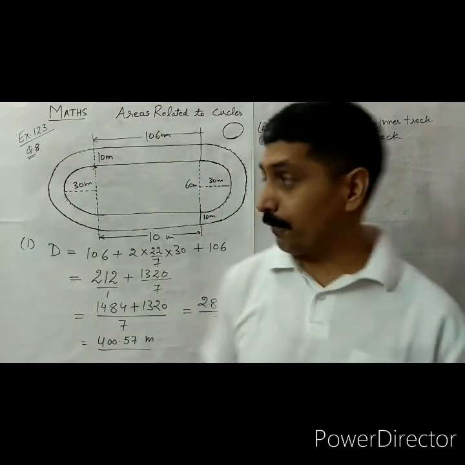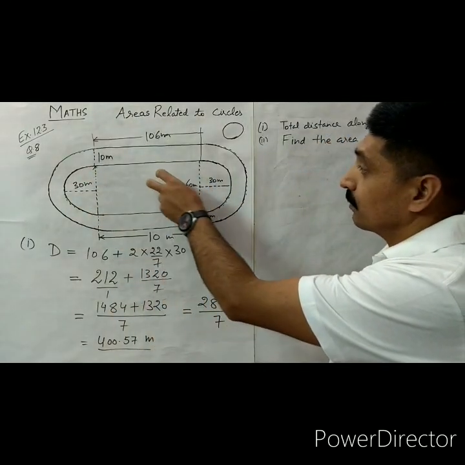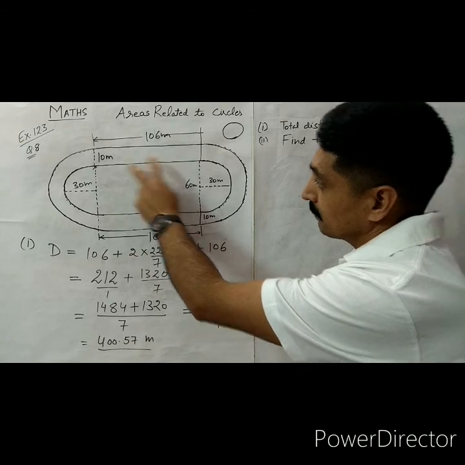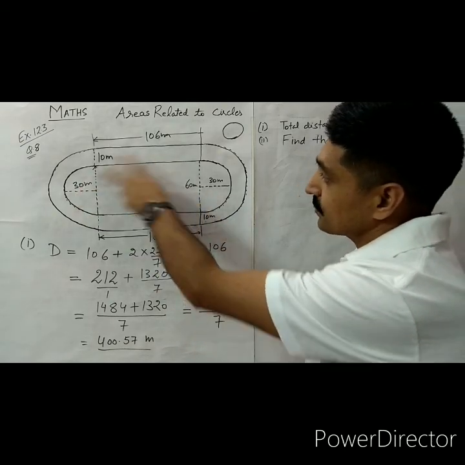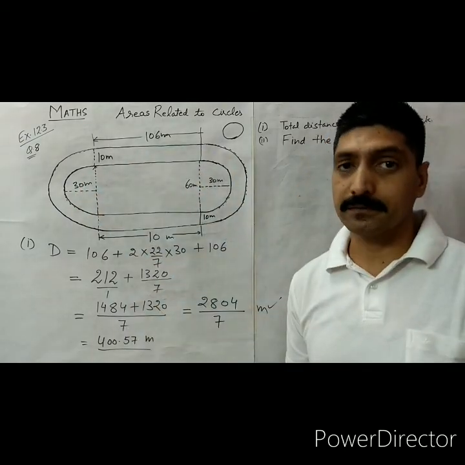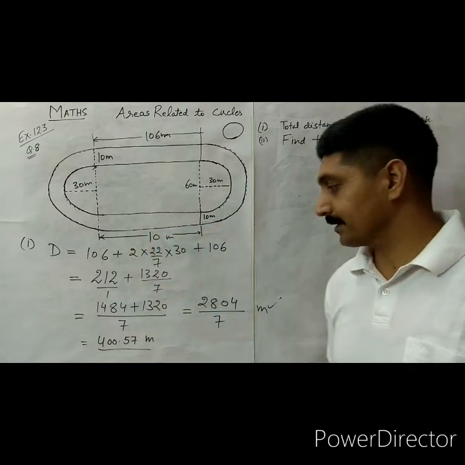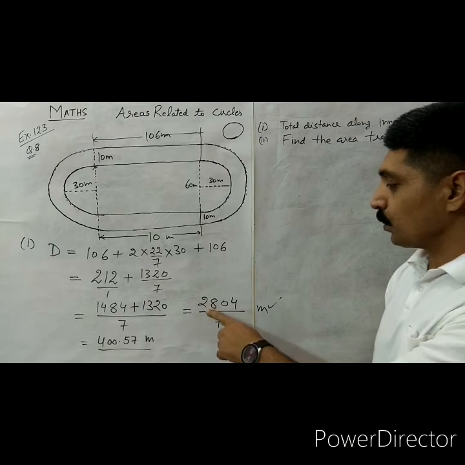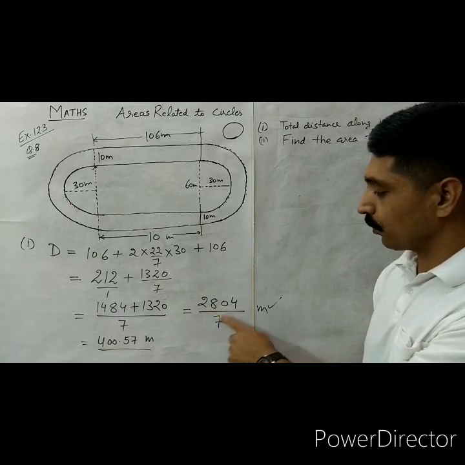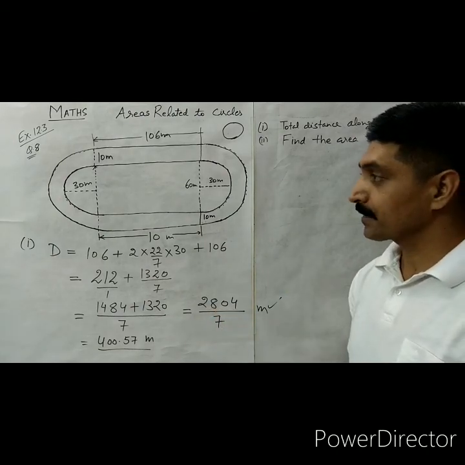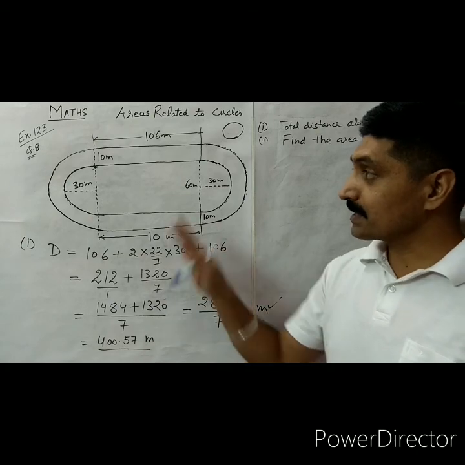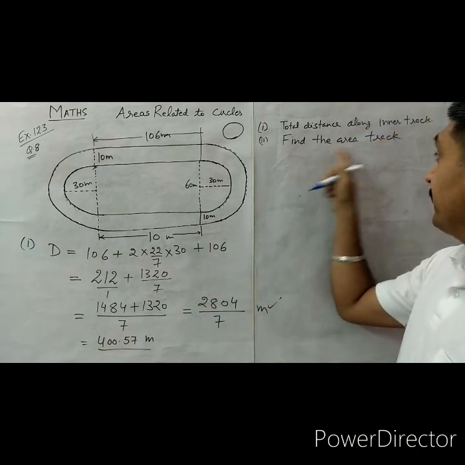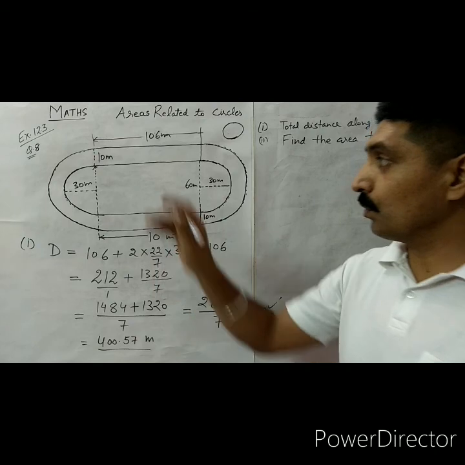So just remember this is a track of 400 meter, a standard track. So the distance along the inner curve is 2804/7 meter. Now the second part, that is find the area of a track. So we have